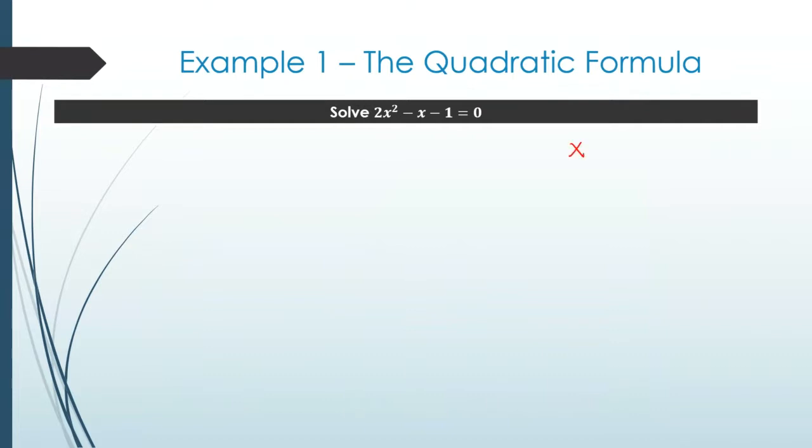So it's x equals, and if your variable is not x, say your equation has t, then it would be t equals. So whatever your variable is, that's what you have instead of x. Negative b plus or minus square root of b squared minus 4ac all over 2a. So it's really important to make sure that your square root covers everything it's supposed to, that your fraction bar covers everything it's supposed to,